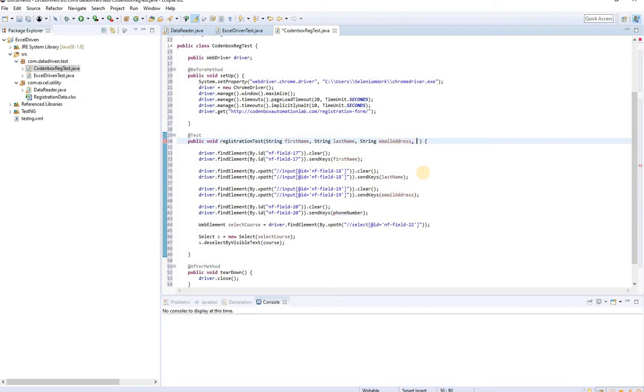I mean, if you watched my last video already, you will easily understand. Then for the phone number, let's put the phone number also as string type. The last one is also type string, and the variable is course, right? So now,